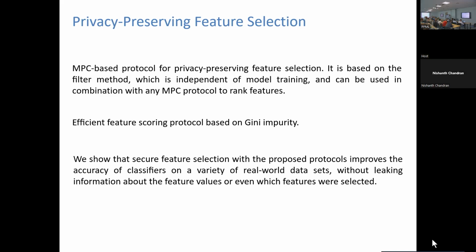So we show that we can do feature selection using this combination of Gini impurity for scoring, and then the filter method for selecting the features. This can improve the performance of training methods for real-world data sets. I mean, we picked the data sets before we started the experiments. Of course, I cannot rule out that this kind of technique will be perfect for all kinds of data sets, but there are many relevant real-world data sets where it works very well. But there should be counterexamples too, I'm pretty sure.